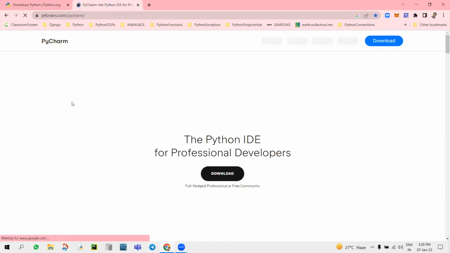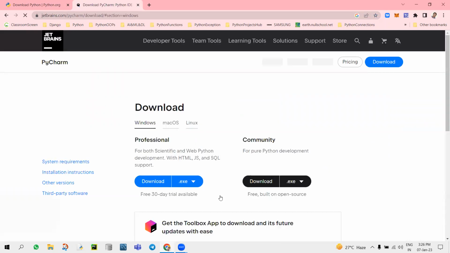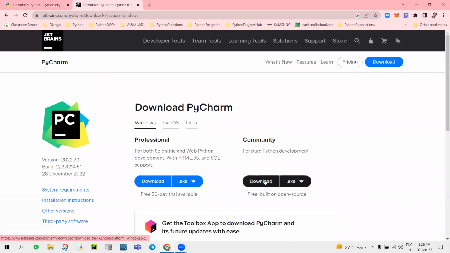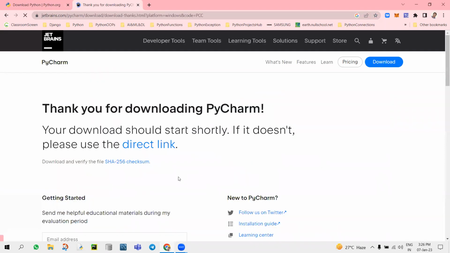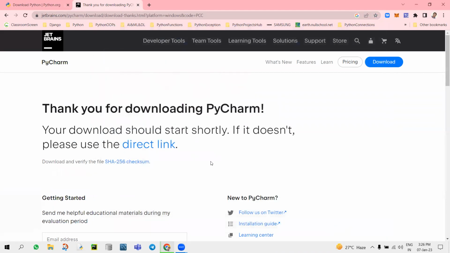It belongs to the JetBrains company. You can download from here. Just click on that download button. You can find two different versions: Professional and Community. We will be downloading the Community version. Professional is the paid version. Okay. And next we are going to download the